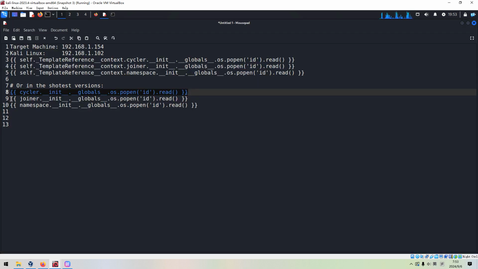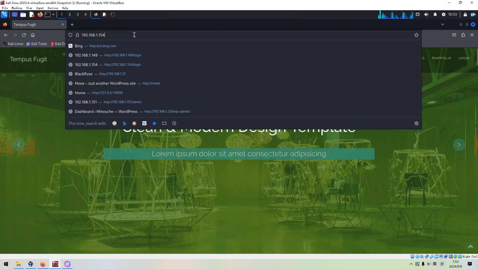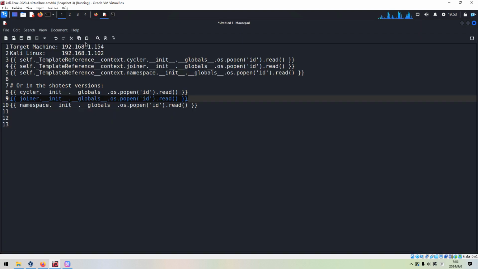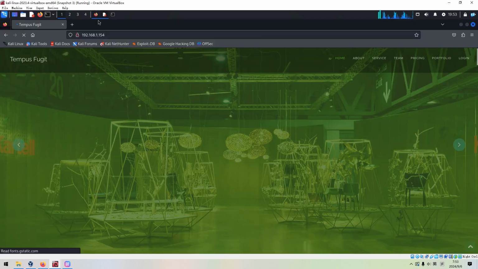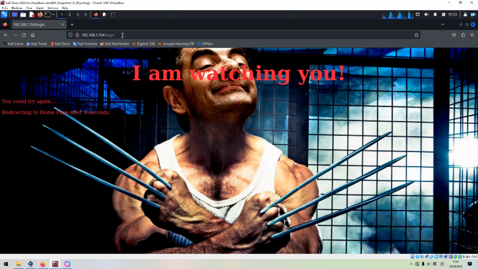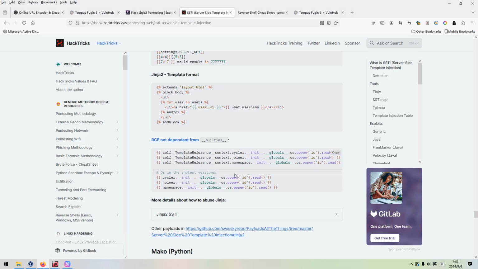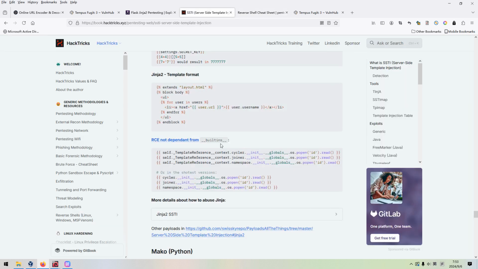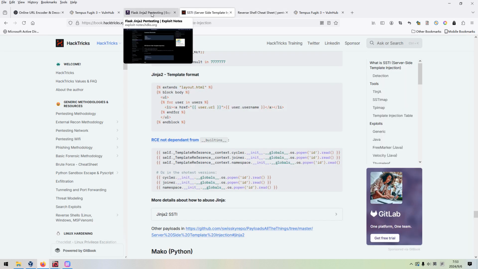And the next one. After all, we need to find a way to execute commands, and finally we can run the reverse shell command to get the foothold. But all of the payloads do not work for this machine, which is fine. And next we can try something else. We need to try other payloads.